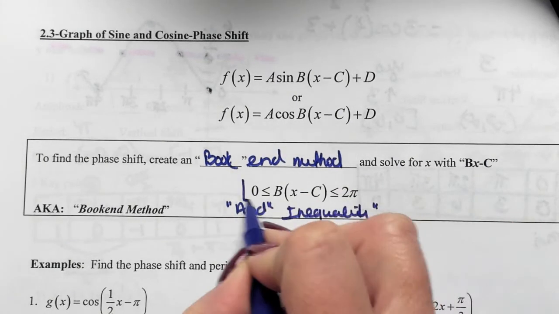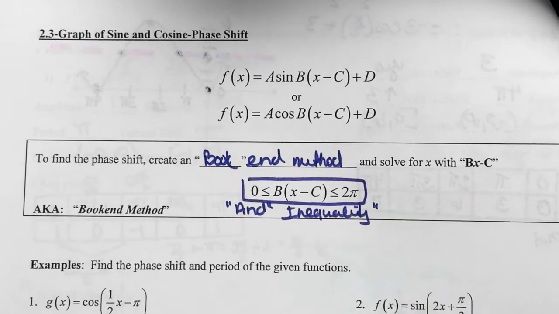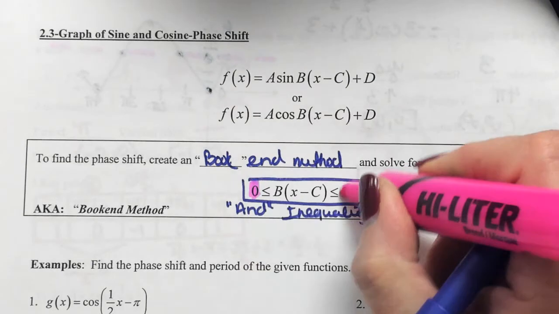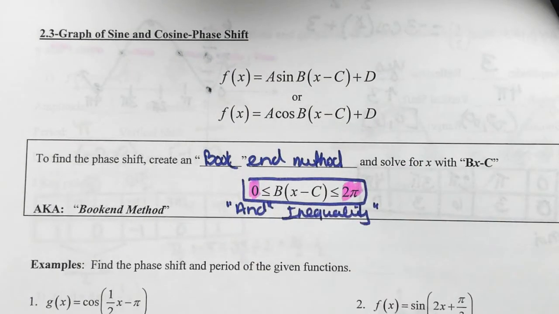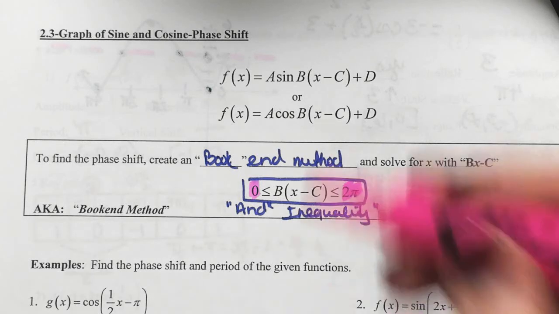So the way that this inequality works, we know that the standard period for our parent function goes from 0 to 2 pi. So mathematically, it's going to take care of two things for us. It'll figure out where the cycle is going to begin and end when we shift it left and right, as well as what the units are going to be if you have a period change. So it's going to take care of period and the phase shifts if you have them both. The thing you have to remember is there is a reason